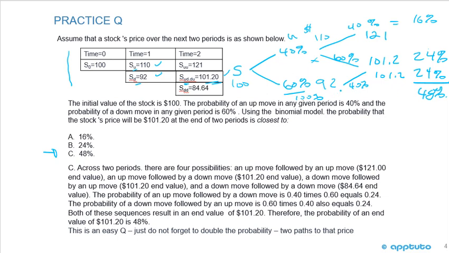And then finally, we don't need it, but I just want to finish the tree for you. We could go down and then down again, and we'd be at our 84.64, and that would be 60% down times 60% down again, which would be 0.36. And if we add all that up together on the time 2,